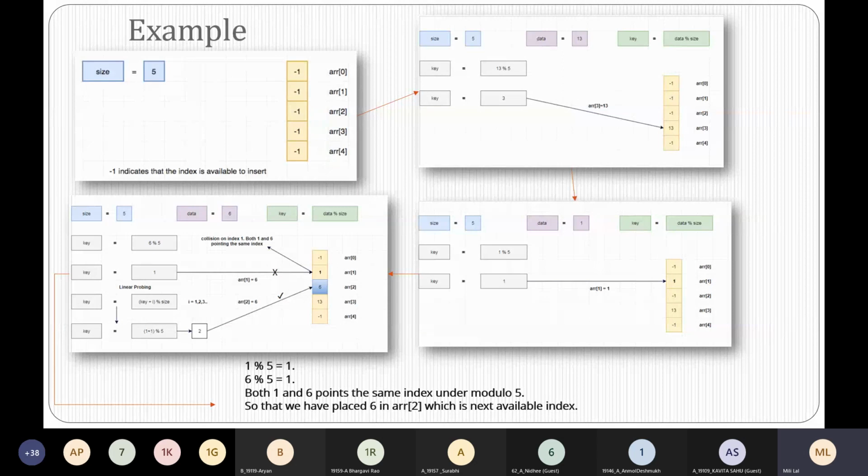Here we are placing data 13 into the hash table. So if we have to place data 13, we have to find the modulo 5 of it, because 5 is the size of the table. So 13 modulo 5 will give you an answer 3. So you can see that the key 3 is available right now. So you can place 13 in the bucket with index 3. So that is what the second box says. Is it clear to all?